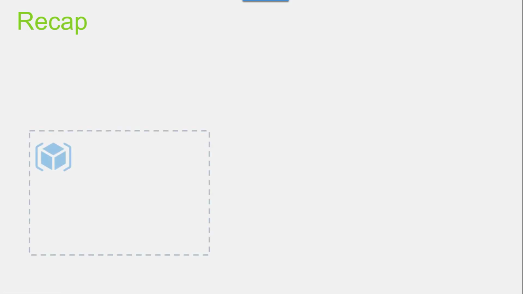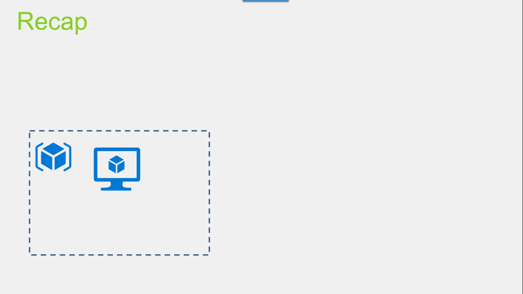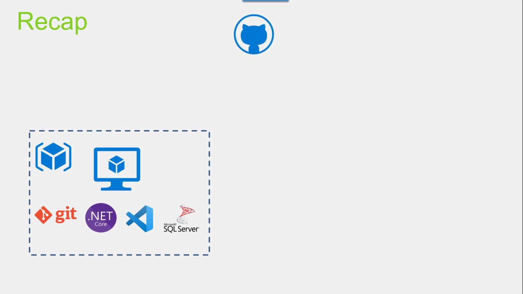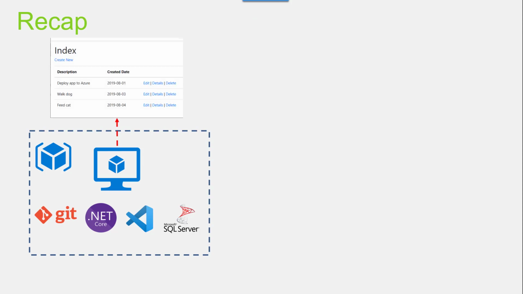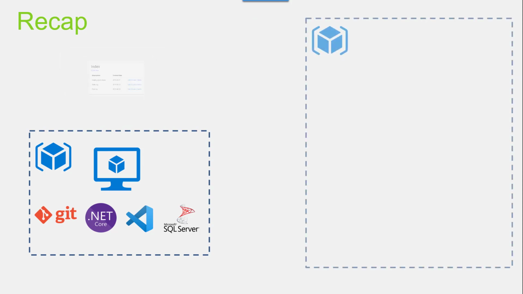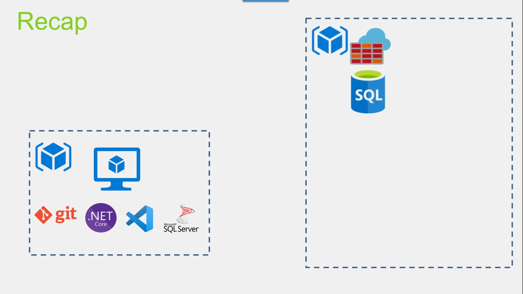First, we create the first resource group, which has the virtual machine that we will use in the demo, and then install all the prerequisites on that machine. After that, I clone the sample application on my local machine and run this application locally. Start, create a few records, and then create the main resource group, create a logical SQL server, a firewall rule to enable me to connect to the SQL server, and then create the database, and then a deployment user,